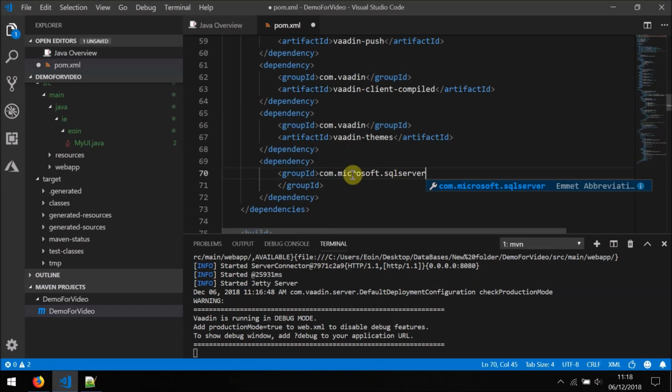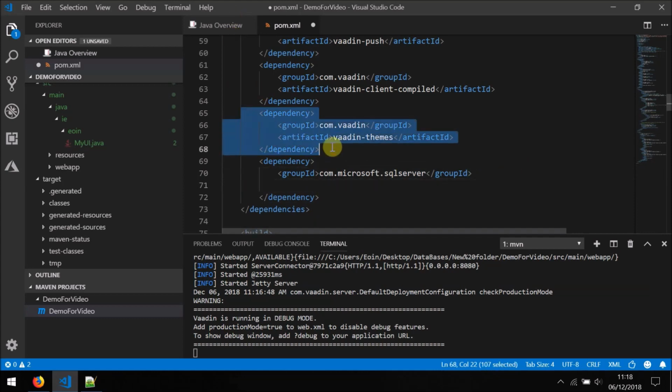Okay, so that's going to be our value there. We can actually tidy this up into one line to make it look a little bit neater. So that's our group ID there. We need to have our artifact ID. So you can see that we're following the same format that is written here. So we have our group ID and our artifact ID, and what will happen is when we go to build